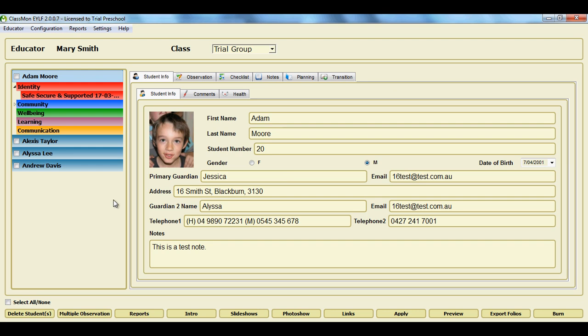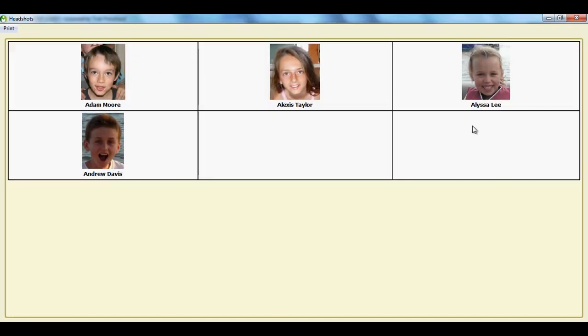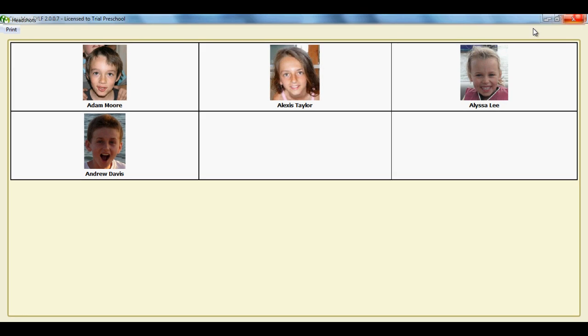They are called data reports. So by clicking on the reports menu, you'll see we have an option for data reports. Now this gives us a few options, and these are just basic data reports where data is being pulled from the database and presented in a template. So we have the headshots if you need to print photos and names of your children,